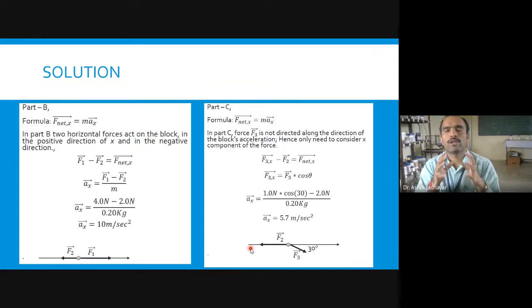Now I wanted to determine what is the net force acting on that object. If I just consider F2 is in the minus x-axis direction and F3 is in this direction, then I just have to make it F3 minus F2. Does it do the work? Can I just take F3 minus F2 and that would be the net force? No, we can't. Why? Because F3 is directed along some angle, and that angle is 30 degrees, given to us.